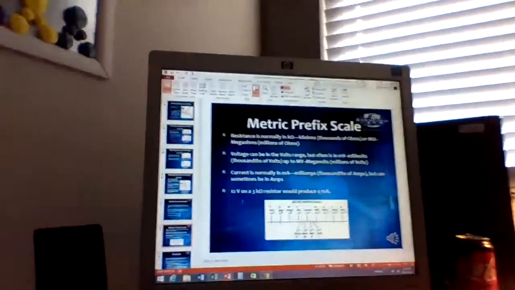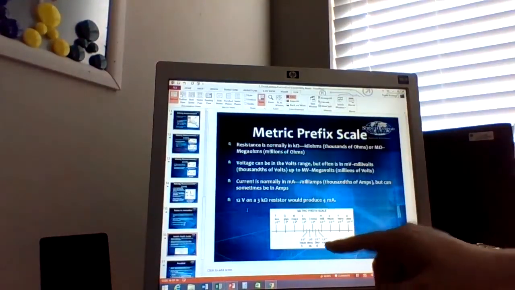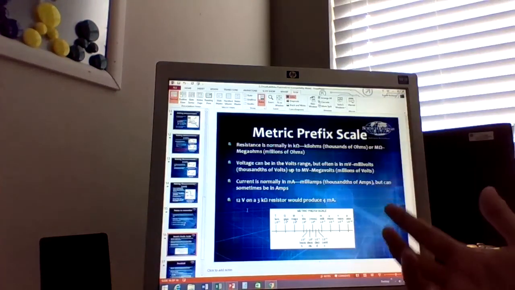I'm just trying to look through. So we talked about how to make measurements. We talked about the metric prefix scale, and I showed you the key ones. You'll notice they go by threes. So as a general rule, and this is very important,